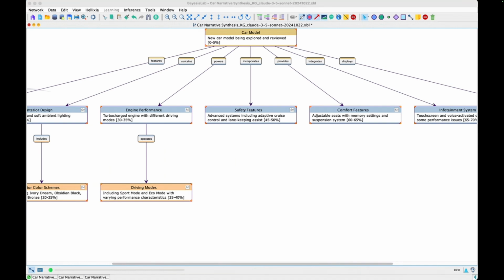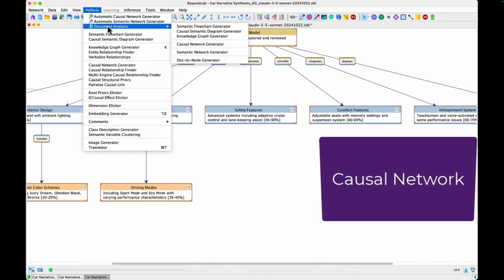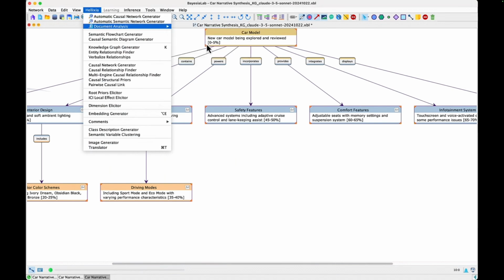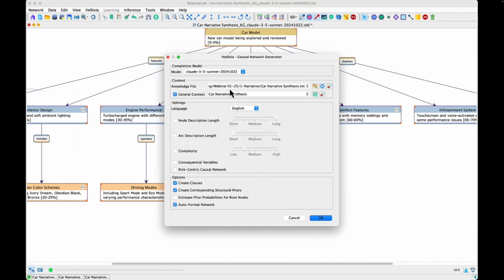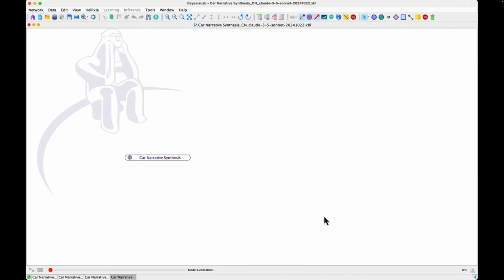And now I'm going to create a causal network. So the first three were purely qualitative. Now this one is really a Bayesian network, even though I'm not going to use it for probabilistic inference. It's just for gathering some additional knowledge on this file.